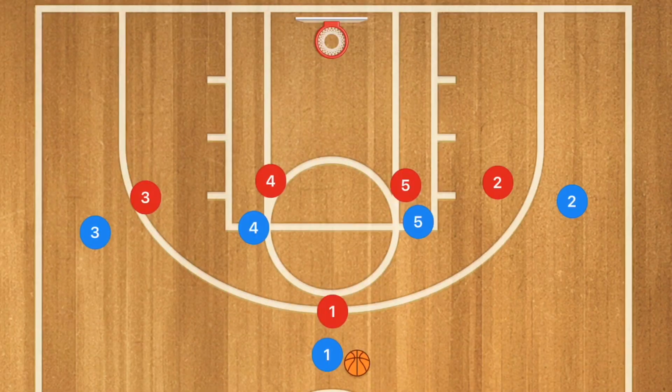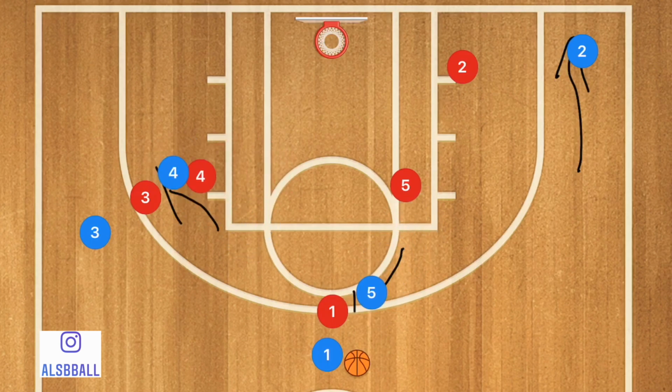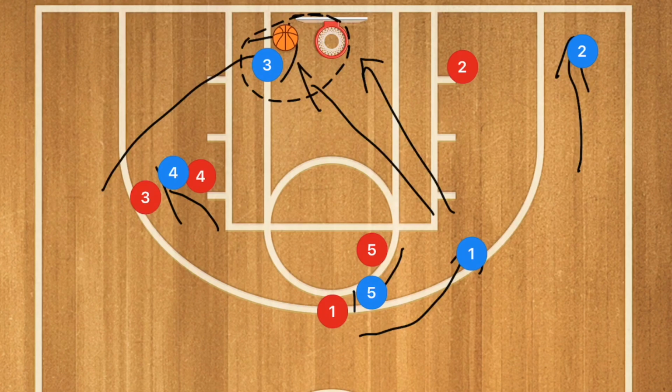Okay, so in this first basketball play, player 4 is going to be setting a back screen on player 3. Player 5 is going to be setting a screen on player 1, and player 2 is going to be popping down towards this corner. Once player 1 comes off of that screen, he is going to be looking to shoot that ball, but he's also looking at player 3 cutting backdoor after that back screen, where player 1 can send up the alley-oop